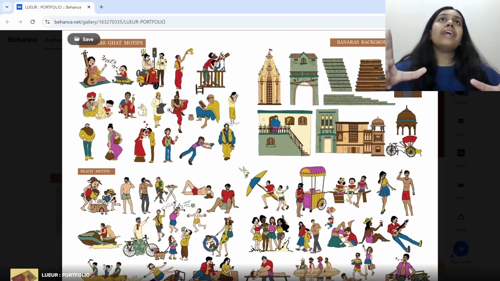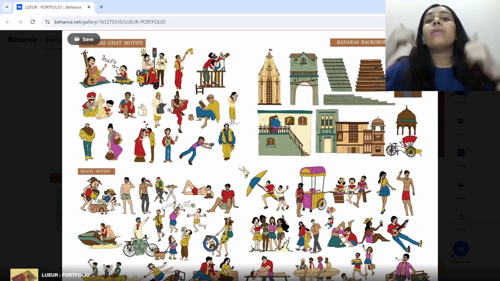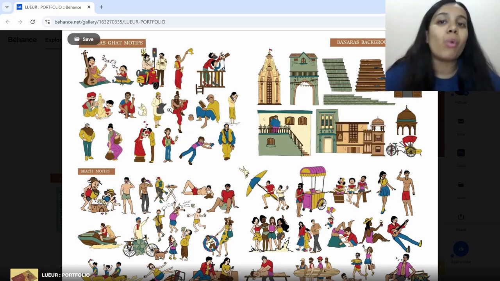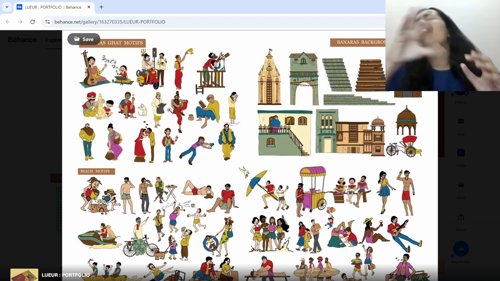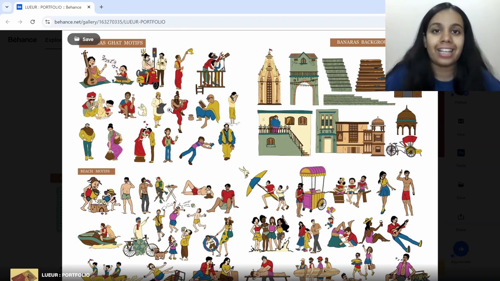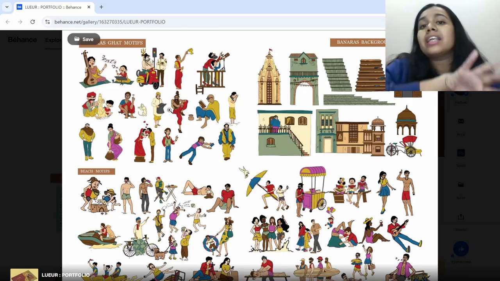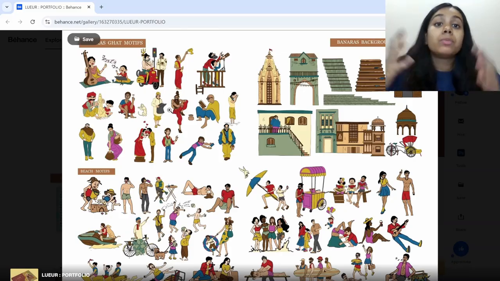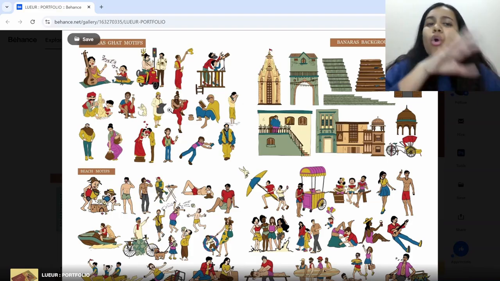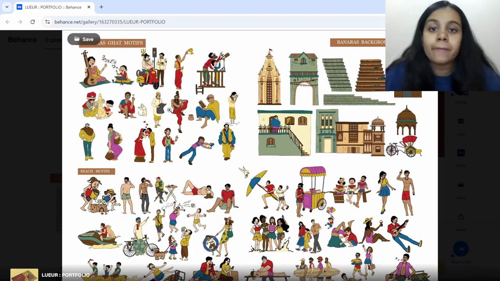Also make sure whenever you make your print design portfolio or any portfolio, your background should be white. When I say white, the whole complete focus should be on the work rather than the background. If I would have done an ombre effect in the background, would you think that this portfolio would have been so precise? No, because people want to see your work. So don't focus on the background much.